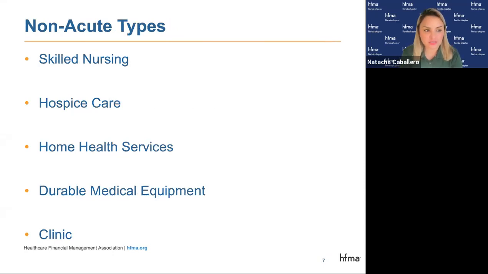Non-acute types of patients. Here you're looking at skilled nursing, hospice care, home health services, etc. Patients are admitted into a skilled nursing unit or facility, which we will call SNFs, when they no longer meet the criteria for acute care, but still need an inpatient level of skilled nursing care or rehabilitation services. These usually include orthopedic surgical patients who require intense physical therapy and stroke patients who require a